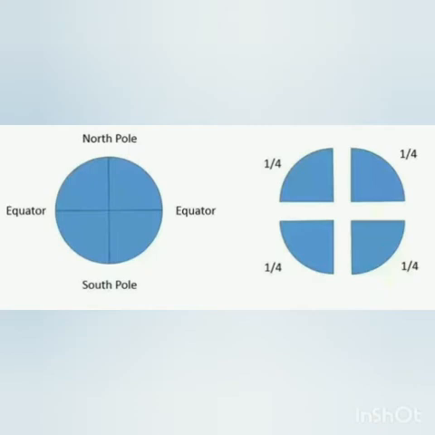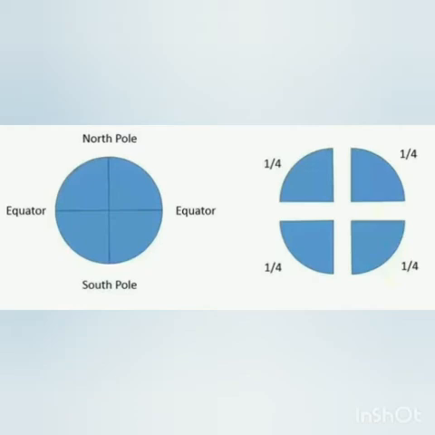Let me share one image with you. In this image you can see the equator line. Let us suppose this equator line is a circle of 360 degrees. If we divide this 360 degrees into 4 parts, as you can see in the image as well, each part will be 90 degrees. So the distance between the equator and the North Pole will be 90 degrees. Similarly, the distance between the equator and the South Pole will also be 90 degrees.